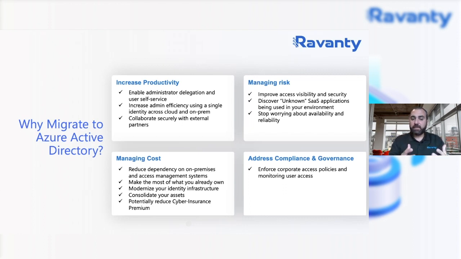And modernizing identity infrastructure is essentially a natural outcome from all these consolidation activities that take place, bringing the applications, bringing the identity processes into Azure Active Directory. And in a lot of scenarios, we've seen that businesses take advantage of that increased advanced security posture and potentially impact their cyber insurance premiums as well.